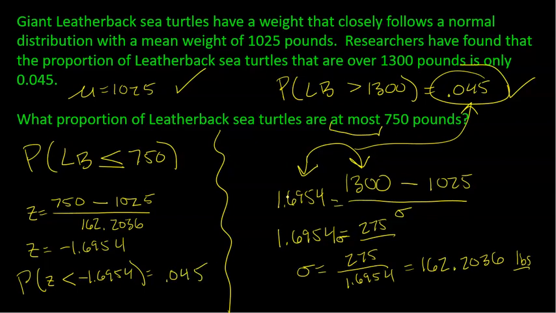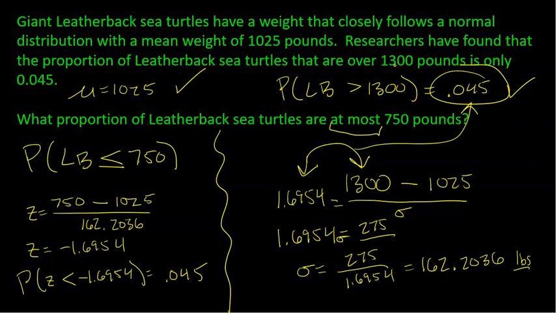All right, so what do you think? A little bit more going on in this problem, but not too bad. Now, this problem is actually kind of a good one because I inadvertently noticed that we were looking at the top 4.5%, and then what we just found was the bottom 4.5%. And that was done on purpose to show you that the normal model is very symmetric, right? If you think about it, now this is not always going to happen, but in this particular problem it did, is because,